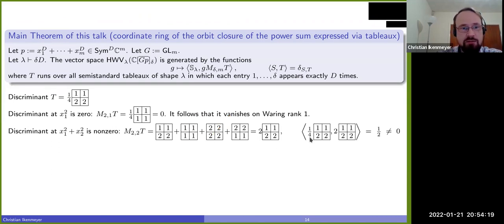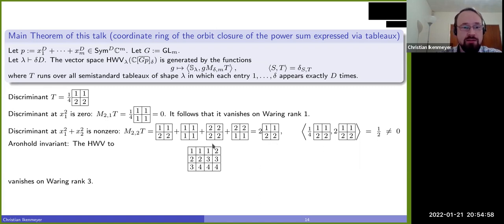Indeed, now you contract with the superstandard tableau. Okay, so there's the 1/4. It's not so important to have this number here completely correct, but you do see this is the superstandard tableau, right? So in particular, the inner product is non-zero. The 1/4 is just to get the exact same correct number for the discriminant in the end. That's not so important, but you do see this is a superstandard tableau.